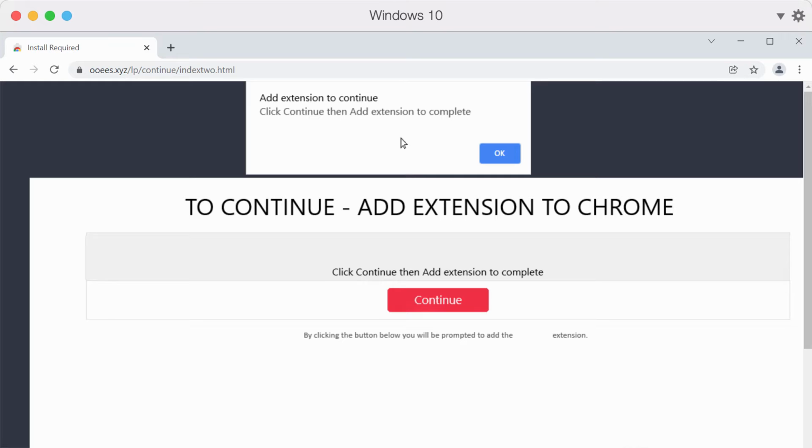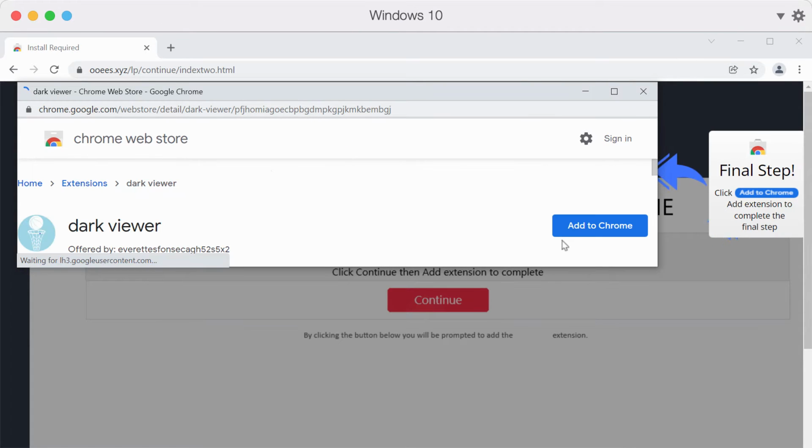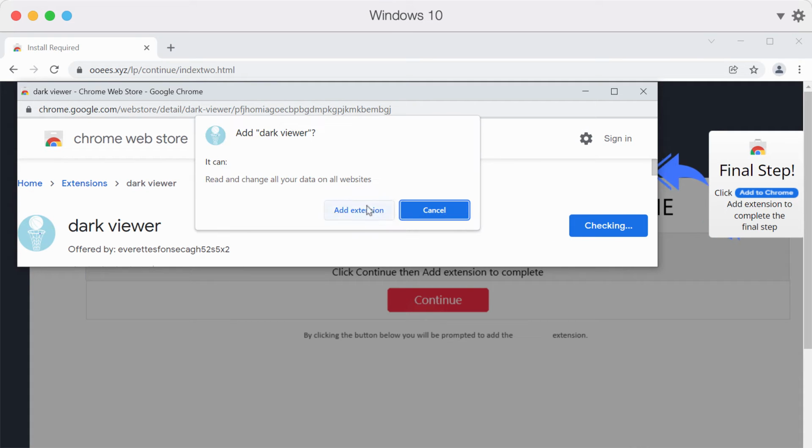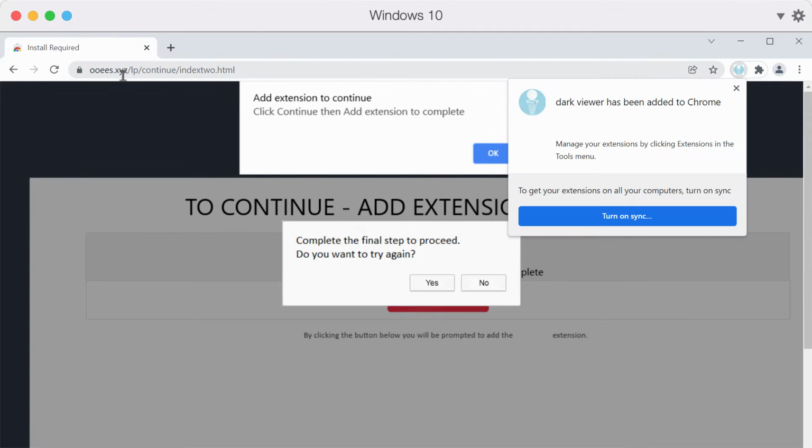The website tells people to download and install some sort of software update. It says that you need to add the extension to Chrome. But whenever people mistakenly agree with this proposal, they are actually installing a certain unwanted extension that may hijack some of the crucial browser settings. Therefore, do not trust these